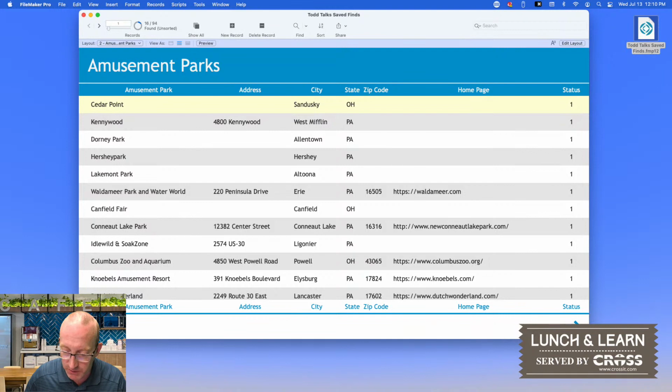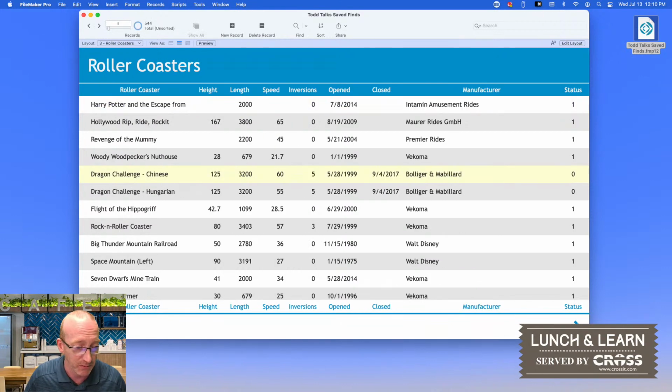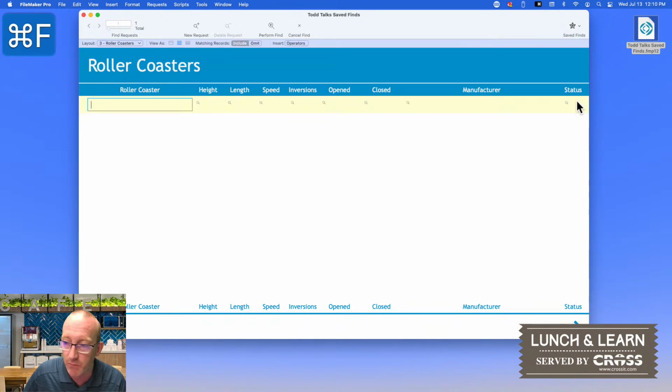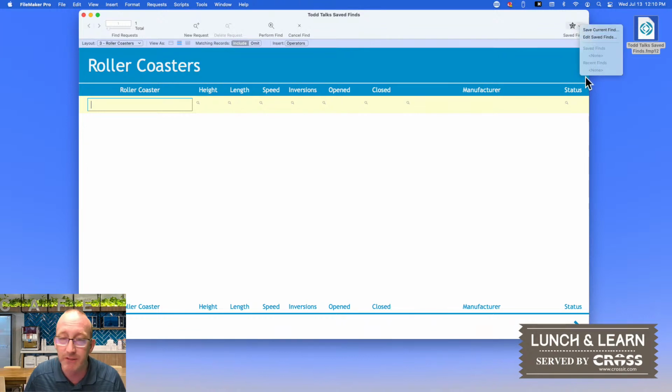So let's go ahead and switch context now, because like I said, this is a database that I set up to keep track of my roller coaster riding. I was tired of looking at just the regular context, so I thought this would be a little bit better for the summer season. So now we went from the parks to the roller coasters. Now if I go back into Find, what you'll notice is that my saved finds and my recent finds are